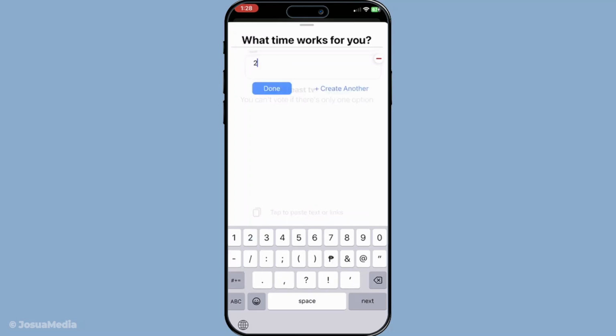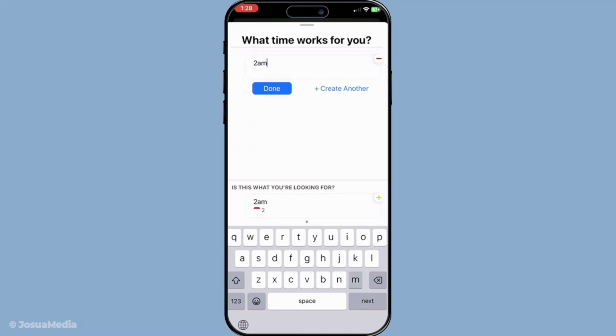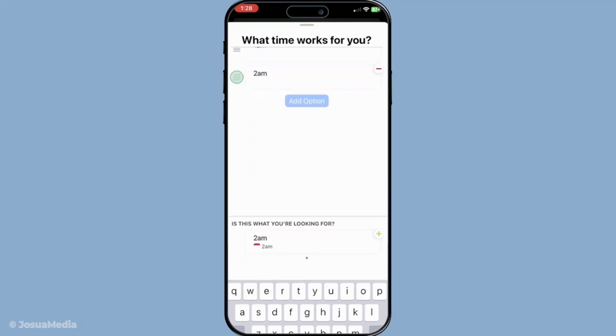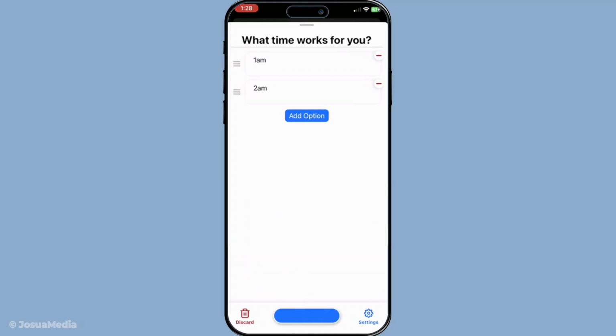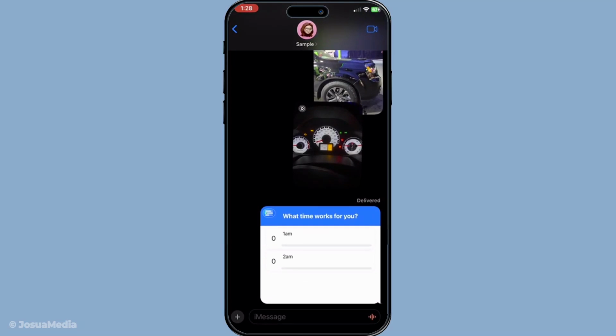Tap the Send Poll button, and just like that, your poll is sent directly into the message thread. Everyone included in the chat will be able to view and vote on the poll right there in the conversation, making it easy and convenient for everyone to participate. So, there you have it. With these steps, you can effortlessly create engaging polls right within your iMessage group chats on your iPhone. This method is not only